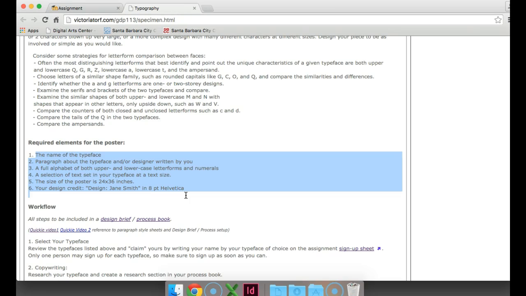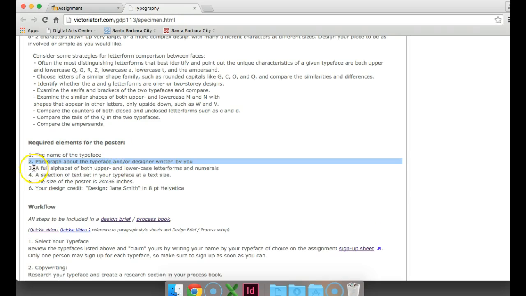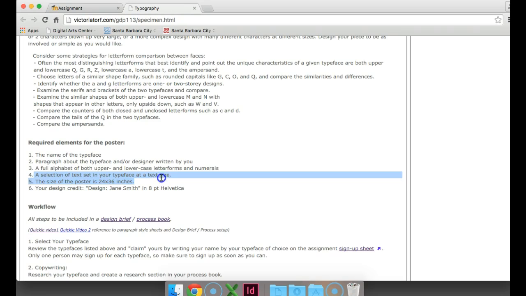That whole thing doesn't necessarily have to be in your poster. Just a little paragraph about the typeface and the designer. You need to have a full alphabet of letters and numbers, uppercase and lowercase. You can display that any way you want. And then you'll have a selection of text, which might be your history, or it might be some sassy poem, right? You know, if your font's about,